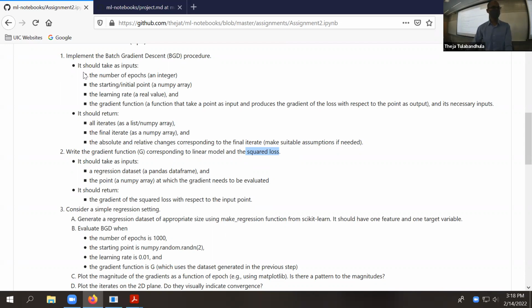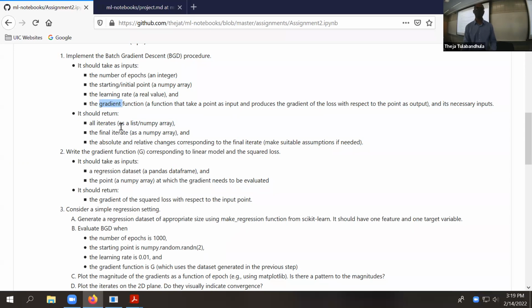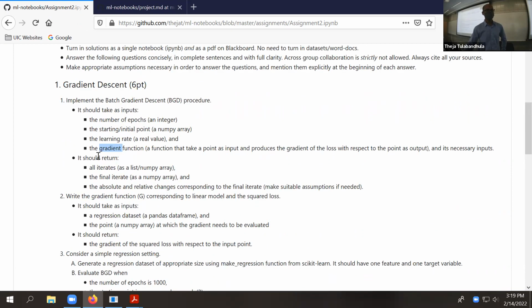So the first part is just setting up a wrapper function, or a higher level function, which is this batch gradient descent procedure, which takes as an input a function. Functions are first class objects. You can pass functions also in Python. It's just like a variable. So what this is doing is a little bit of bookkeeping.